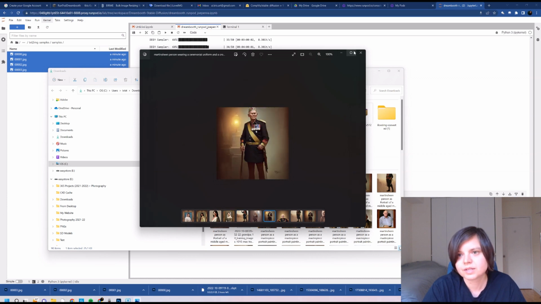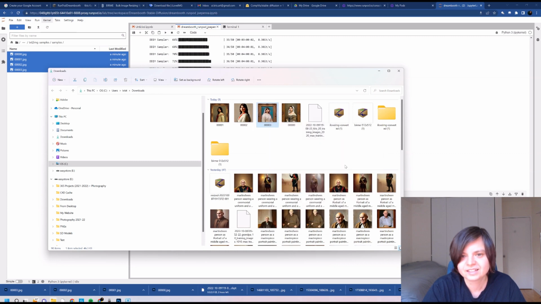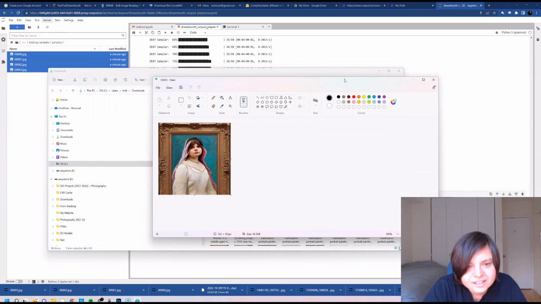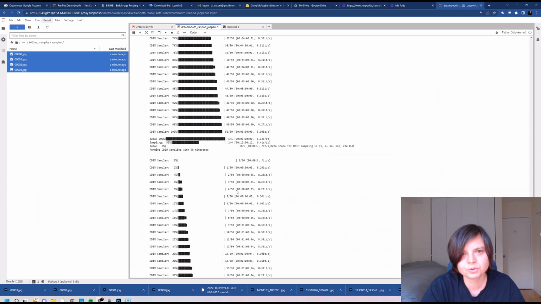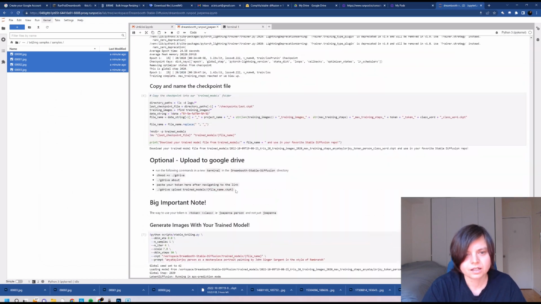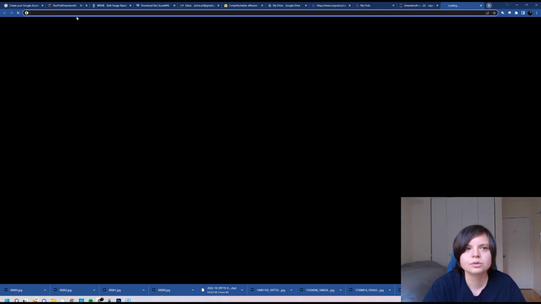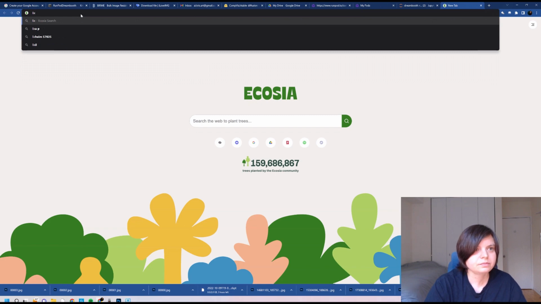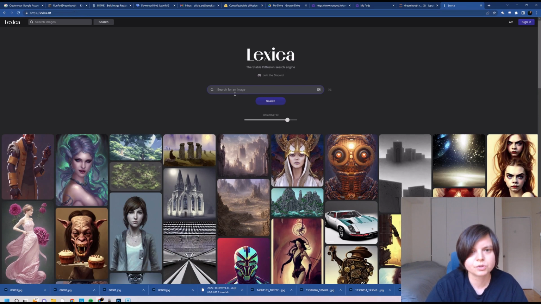Well, sometimes, well, those are previous images I generated, but let's look at this one. Here it is. It kind of looks like me, but this is not the best prompt. It's just the default prompt, and what I recommend you doing, testing with it is fine because you just looked if it's working or not, but you can go to a website called lexica.art. You can find this link in the description,